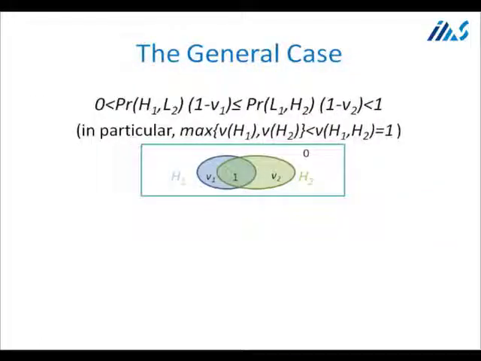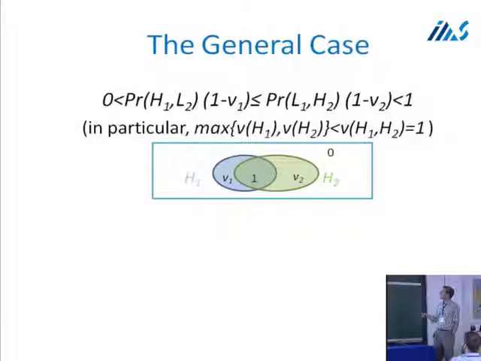Now, the general case is the case in which both of them are positive, and let's assume without loss of generality that agent 1 has the higher product of the higher of these two. And note that in particular, it means that if I see a high signal, I don't know for sure what the value is, right? I don't know for sure that the value is 1. My expected value given the high signal is less than 1. So that's the general case.